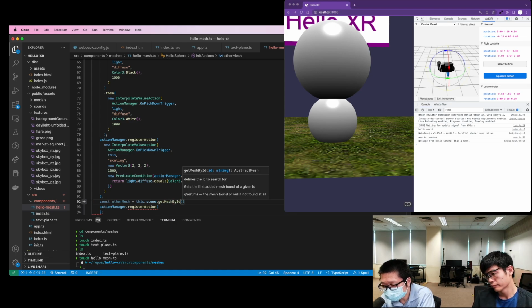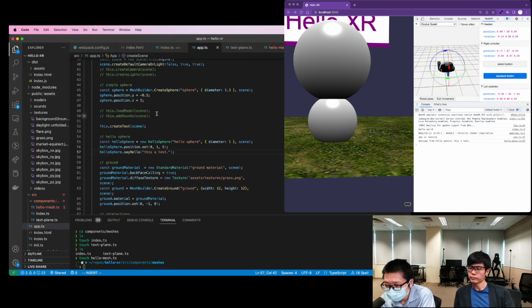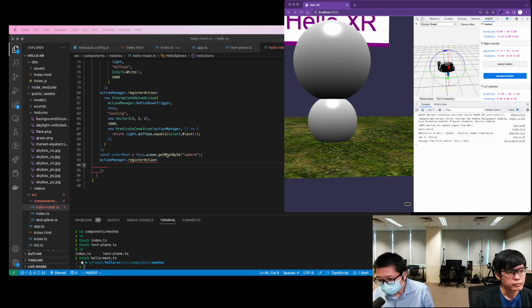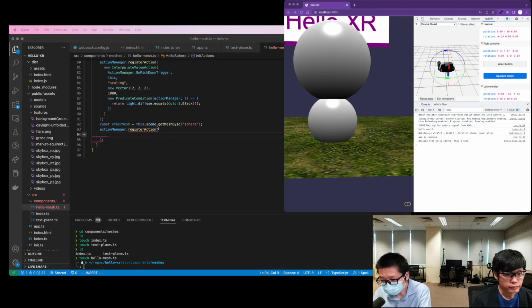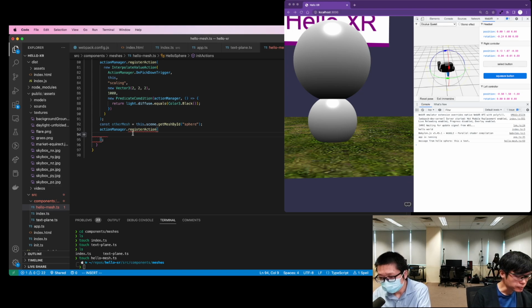When you give the name, it also will create an ID, so it's the same. In most cases the same. How do we name that one? Do we name it just sphere? So now we have the other mesh. So we will check if our hello mesh is intersecting with this other mesh. So we need to create a new